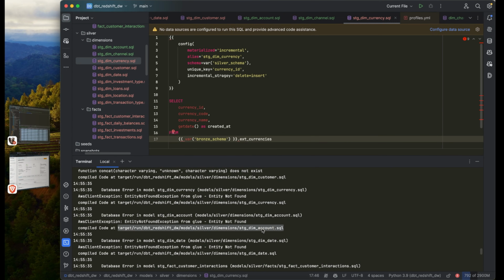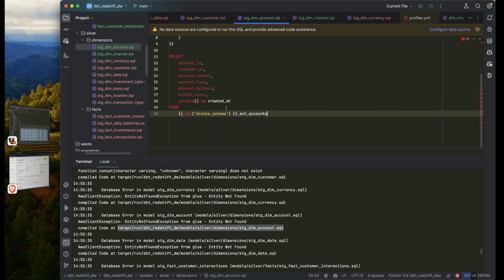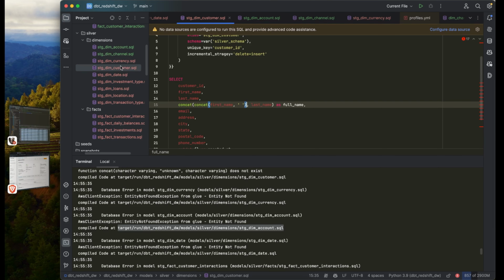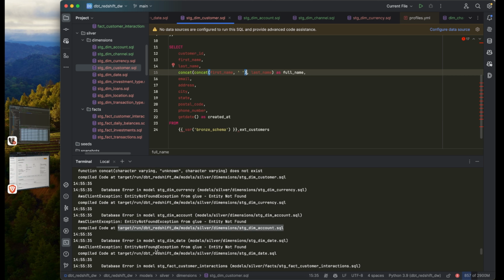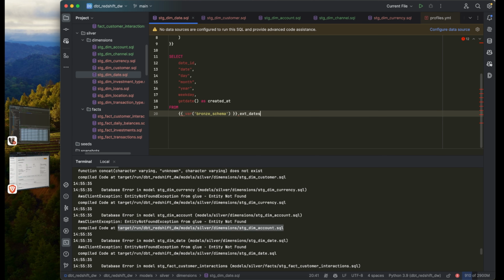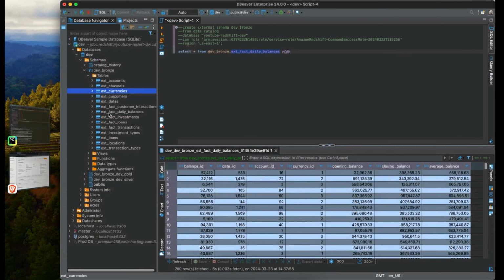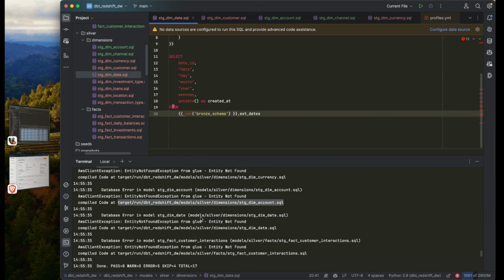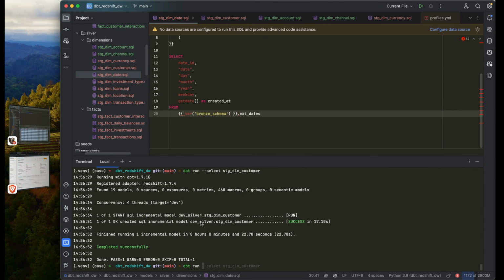And the next one is dim account. Dim account, that should be account. Customer is customers. Okay, the next one is dim date. So dim date, this should be ext dates. Is it? Ext date, yes. And the final thing here, if I do dbt run again,